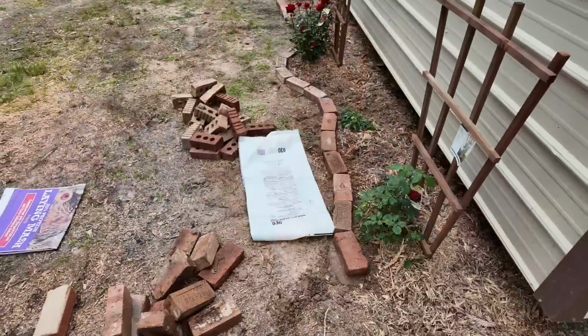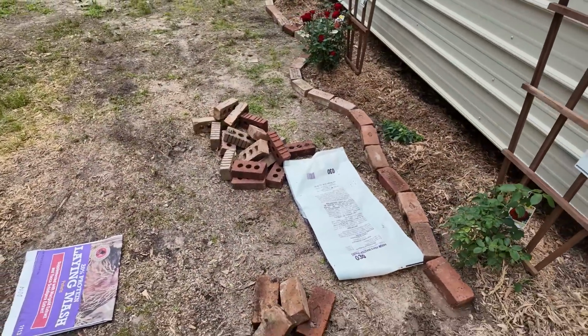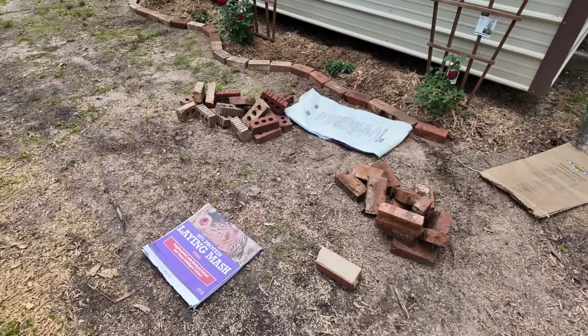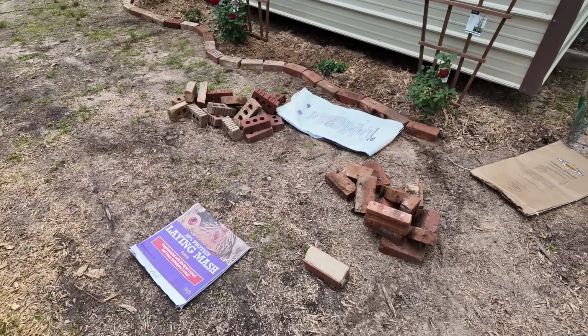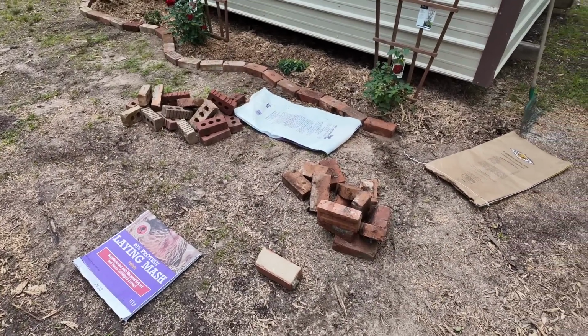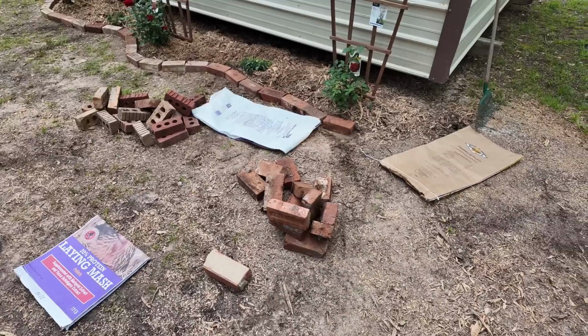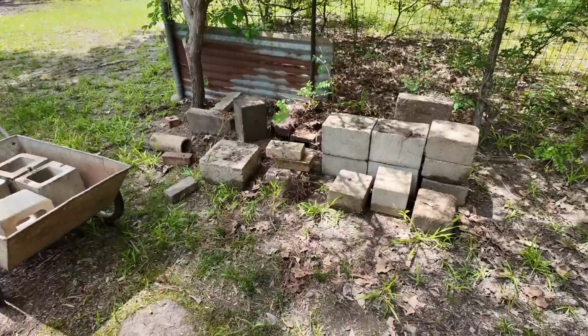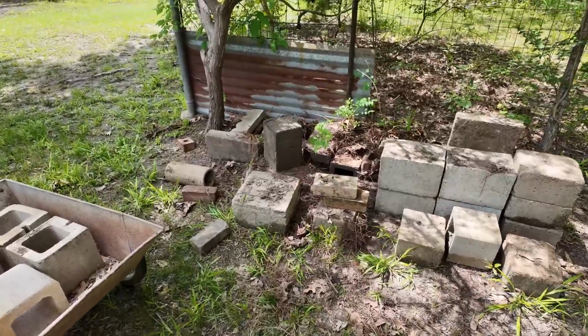Okay, this is what we got right now. I'm gonna keep working. Yes, I'm breathing hard. I'm out of breath. I think I'm gonna do a second layer. And then I'll show y'all what I've done with material that I already had on hand here in just a minute. Okay, so even though I didn't get finished with all of this, we did get a lot of these